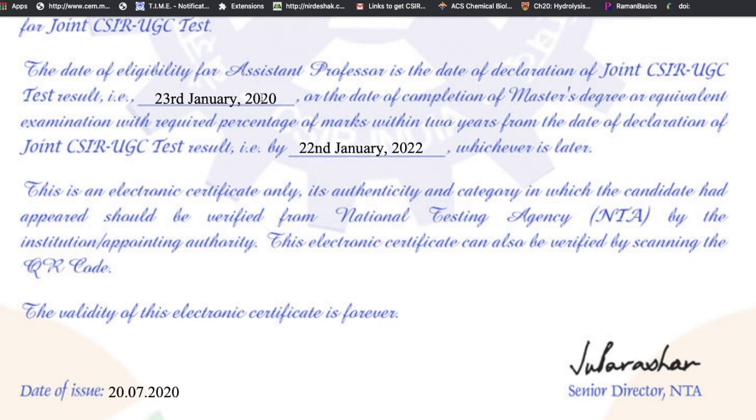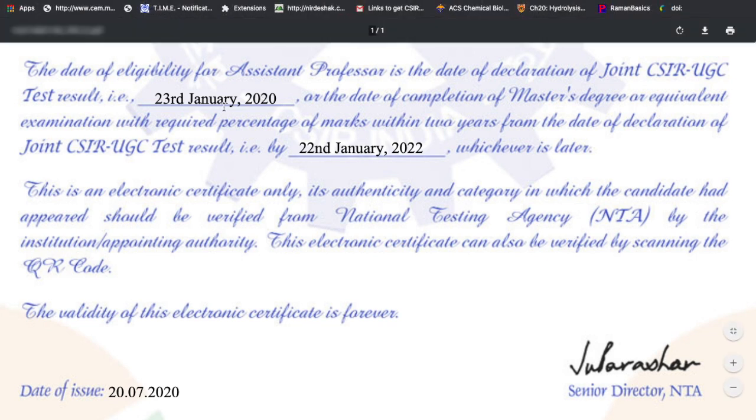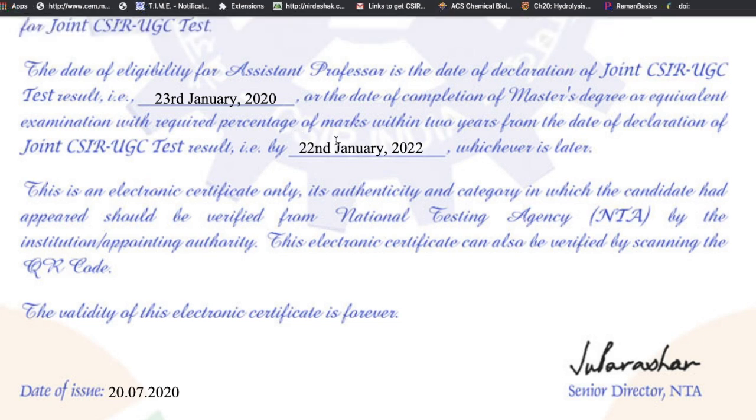Okay, so the one which will be later, that will be taken as the date. So if you have already qualified masters, this is the date, and if you are in masters, the date on which you will qualify your masters will be the date for the eligibility of this particular certificate. Now make sure that your masters will be qualified before 22nd January 2022. Okay, that's what is given.